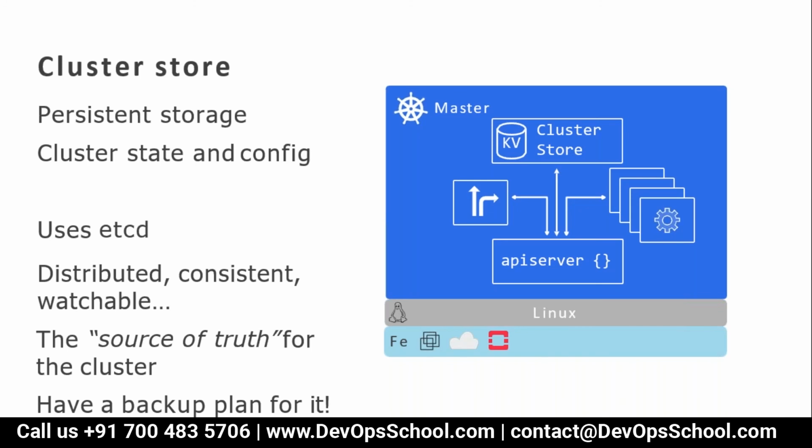So guys, the second component of Kubernetes is your cluster store, the persistent storage which stores all the cluster state and configuration files, powered by etcd. I would request you all to go and study a little bit more about etcd. It's a wonderful open source, persistent, key-value based database, which is growing a lot nowadays for many of these tasks. So guys, did you understand the second component of this master? All of you?